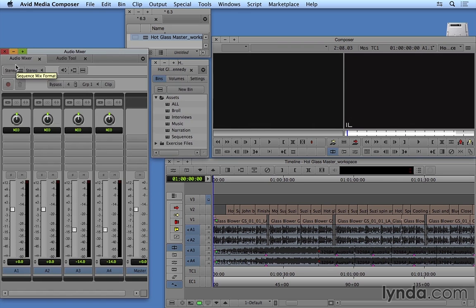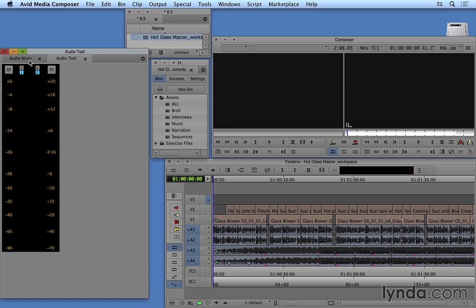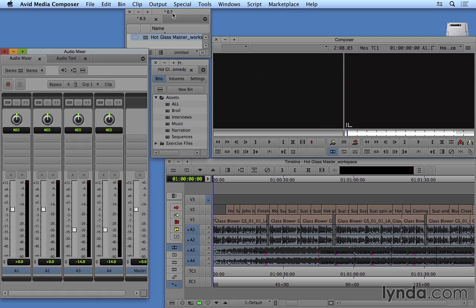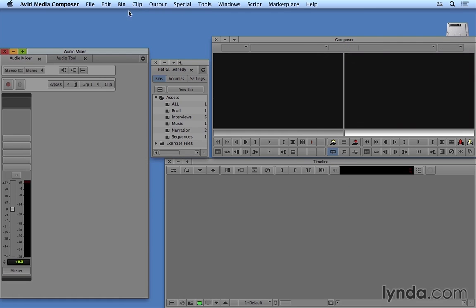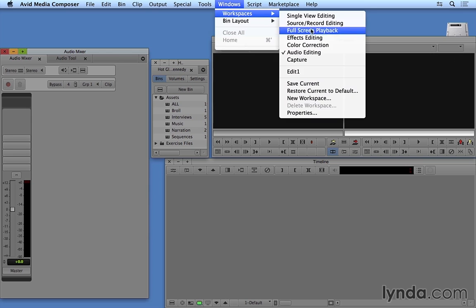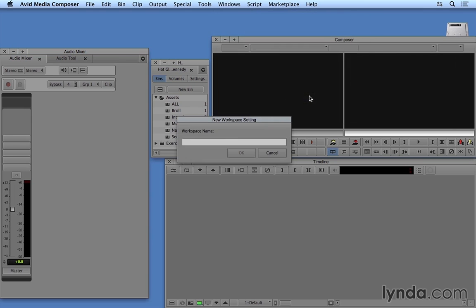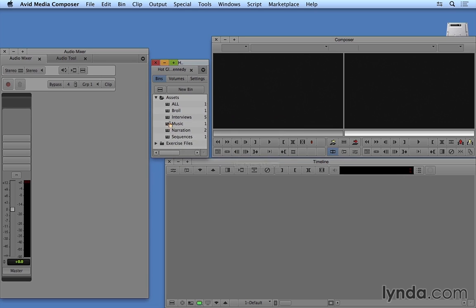So let's say that this is a view that I'd like to save. Again, it's the Composer window, the timeline, the audio mixer, the audio tool, and my project window. The bin here is not included in this view. So I can close the bin, and you can see that these are all the tools that are included in my workspace. So again, I'll go up to Windows, Workspaces, and New Workspace, and I'm going to call this one Audio 1. All right, let's go ahead and open up my 6.3 sequence again, because that'll be helpful in just